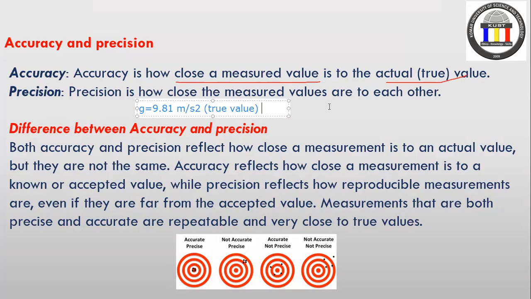All right, if I am taking the measurement experimentally and find G in total equal 9.9 meters per second squared, that means you are accurate in terms of getting the result. The result now is accurate.